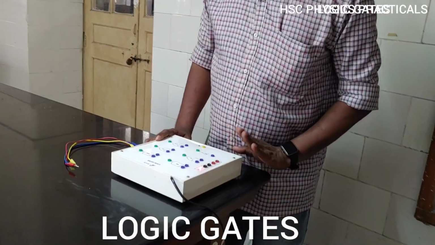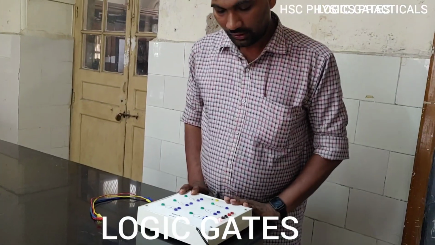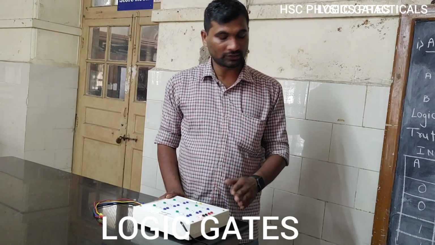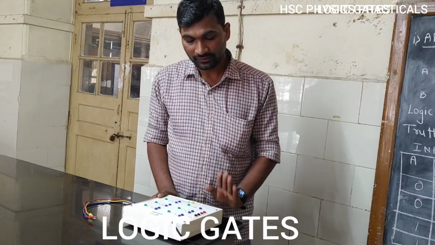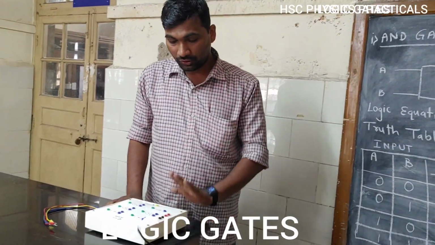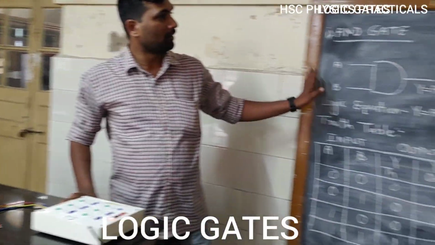Okay, let's start the logic gates, which is in your 12th standard experiment. Till last year, this was in the activities, and then after that it was transferred into demonstration. And this year it is directly transferred to the experiment. This year you are having this as an experiment for the 8 marks. So right now we will do with some basic gates.